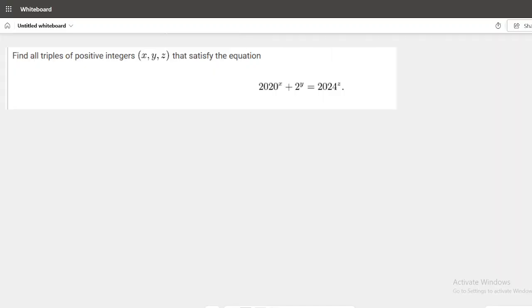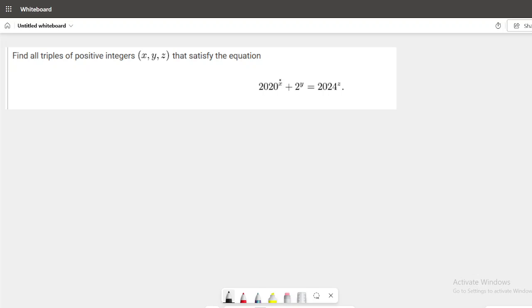Welcome back. We're going to be working on problem 3 from the JBMO 2024. We have a number theory problem: 2020 to the power of x plus 2 to the power of y is equal to 2024 to the power of z. Now what we like in these number theory problems, when you're asked to solve some equation in integers,